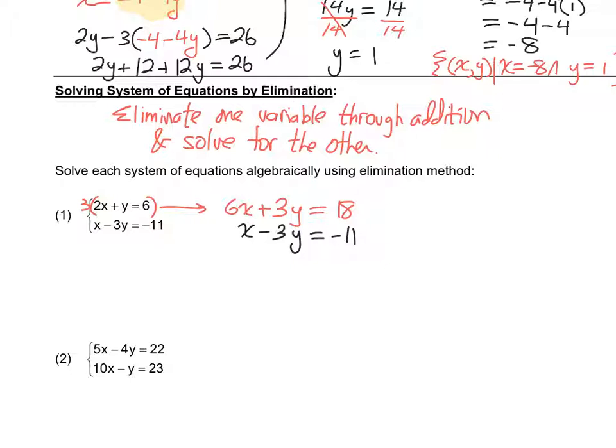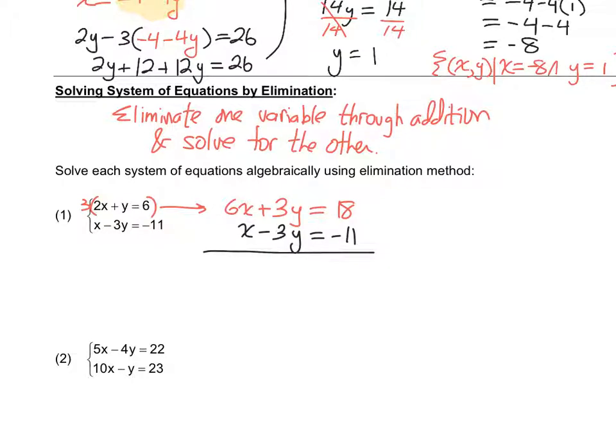I could have done it with the x's. What would I have had to multiply the second equation by in order to create opposites? What do we say? Negative 2. Okay, yeah, it's easier if I finish the question before you answer it. So anyway,